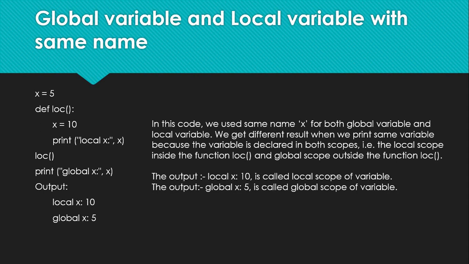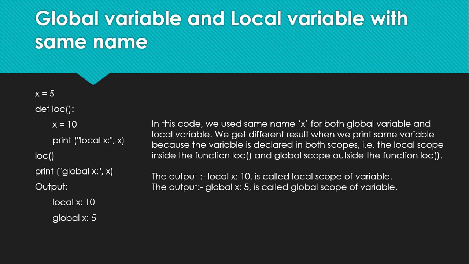See, now x is equal to 5 is declared outside the function, so it becomes a global variable. Within the function, you're using another x. And what is the other x that you're using? That becomes a local variable. So when I say print local x, 10 will be printed out because that is the local value of x, and that's a local variable. Outside the function, you're going to print the global variable, and the value of the global variable is 5.